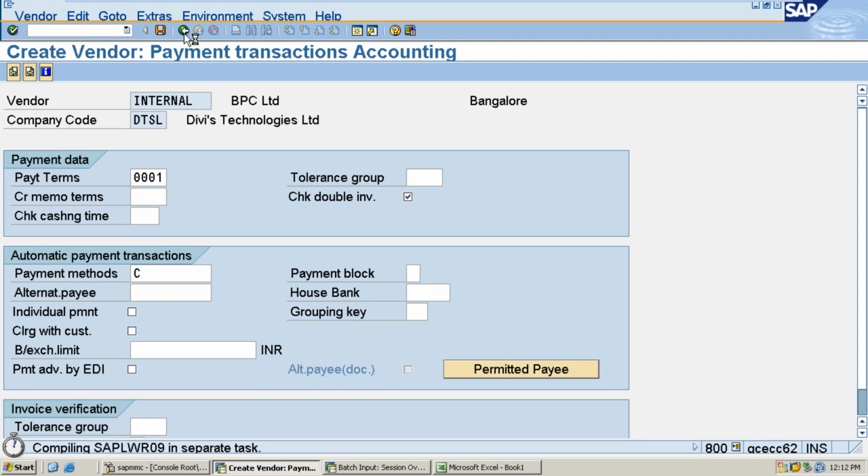In case I forgot to enter the VAT number for all 1000 master records, you may have to create one more LSNW. If you forgot to enter PAN numbers, you can create an LSNW. If you forgot to enter withholding tax codes, you can create one more LSNW. Understand, right? Like this you can create it. So not only for creation, what I'm trying to say is you can do change also.